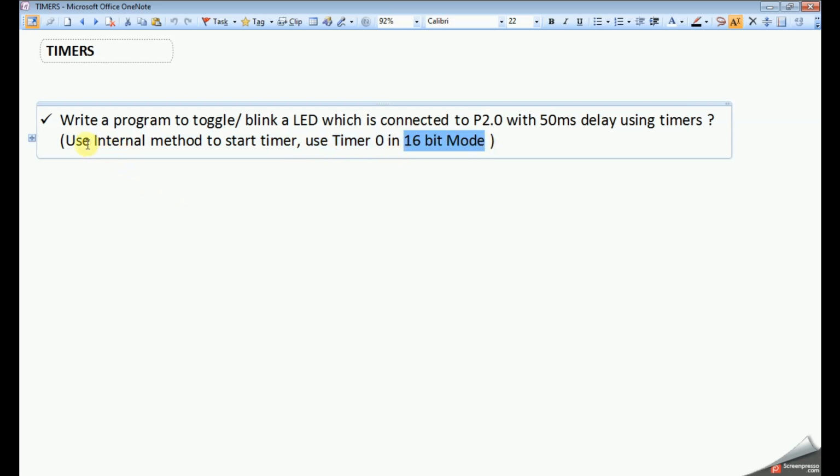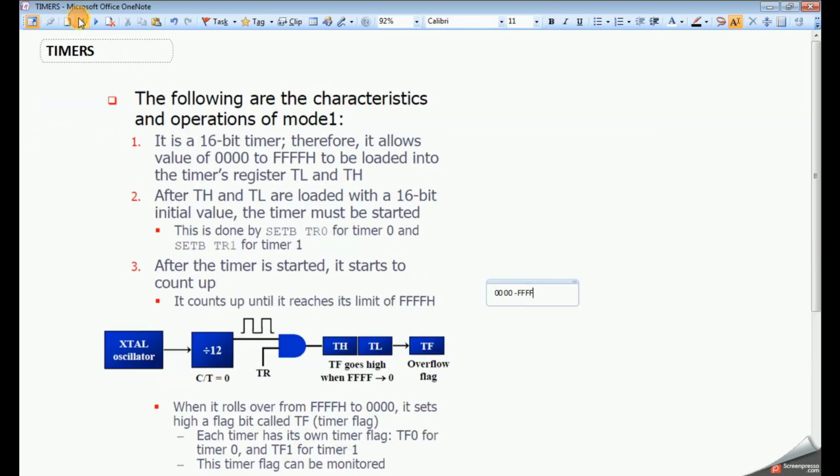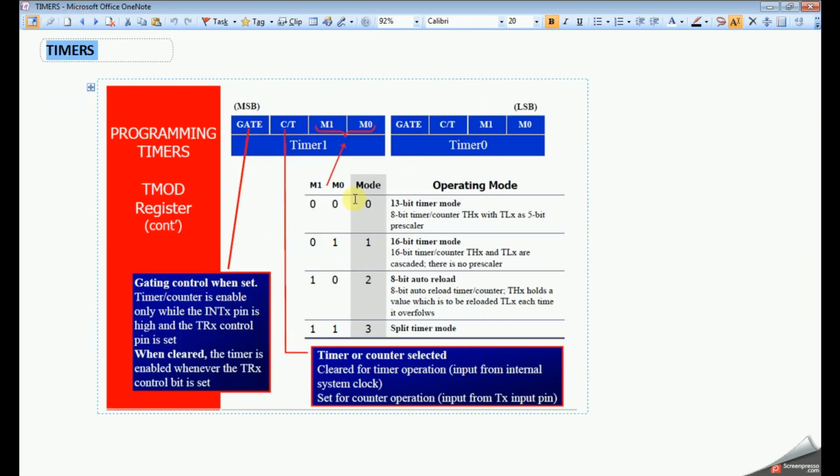We already know the internal method. The requirement says we need to use timer 0, that means these upper bits will be 0000, and internal method to start the timer means gate will be 0. Next, C/T bar 0 means timer, so we need to give the second bit also 0. We need 16-bit timer mode operation, that is 01 from the table below.